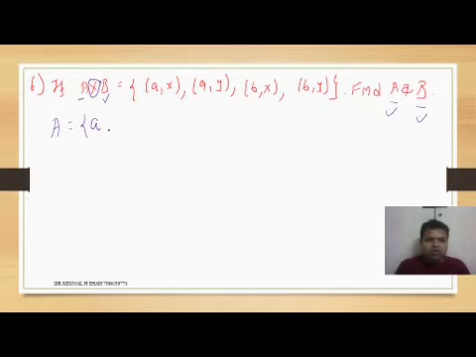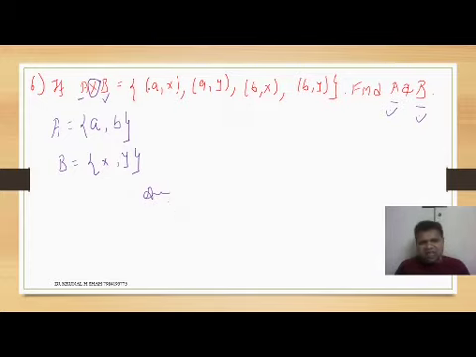But according to our first chapter, we cannot repeat anything in the set. That is, A equals {A, B}. B is equal to X, Y, X, Y. Once again, we cannot repeat anything. So B is equal to {X, Y}. This is the answer, for you and me and everyone. Is it okay? Understood?